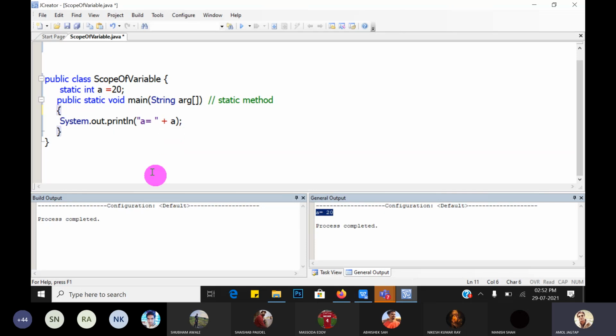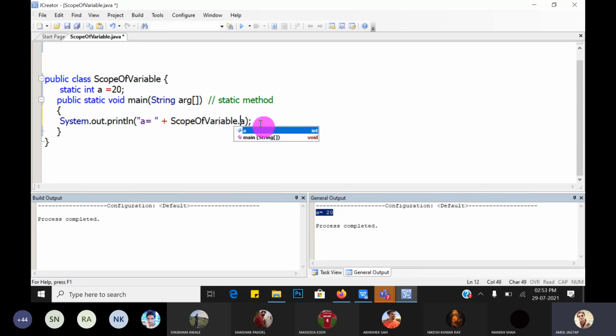Why can we not create an object? Because static variables are directly called by their class name. You can write a, only a, it's okay. Or you can write it another way also, first the name of the class and then a. Now here also there is a tooltip, and in the drop down list, what are the suggestions? Scope of the variables dot, what members can we access? Only a and main, because both are static. So using the class name we can access static data members.